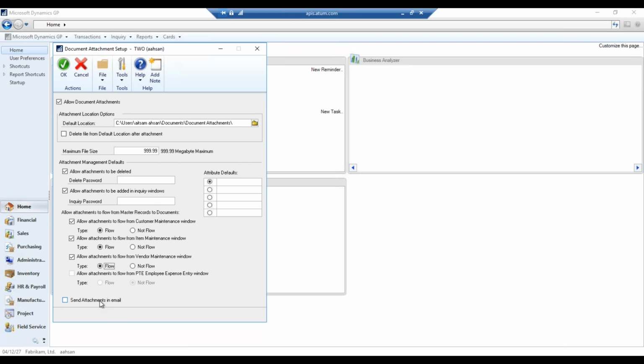Then you can also select this option at the bottom here, which allows you to send attachments in email. So if you're not printing out the attachment like one big package and you actually want to just send it out as an email, by enabling this option here, the system knows that you can now actually